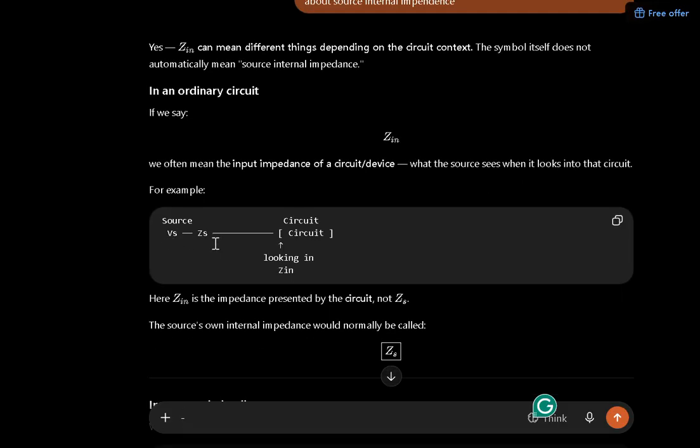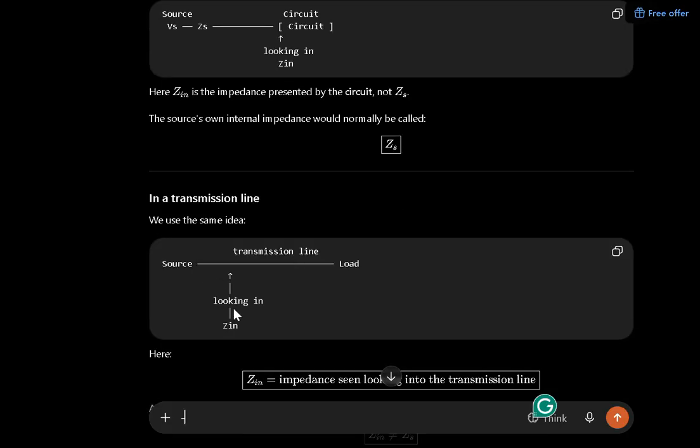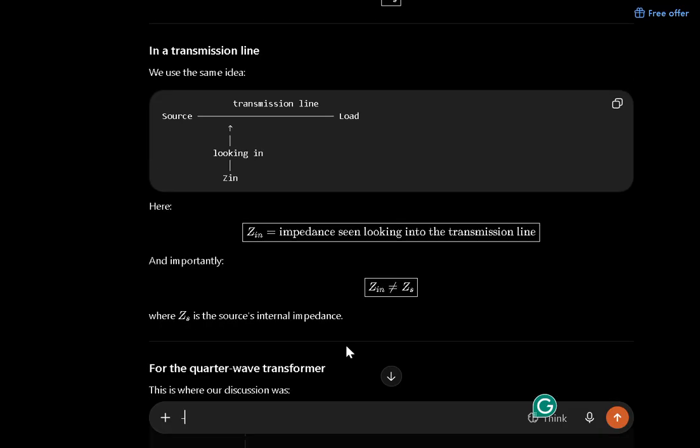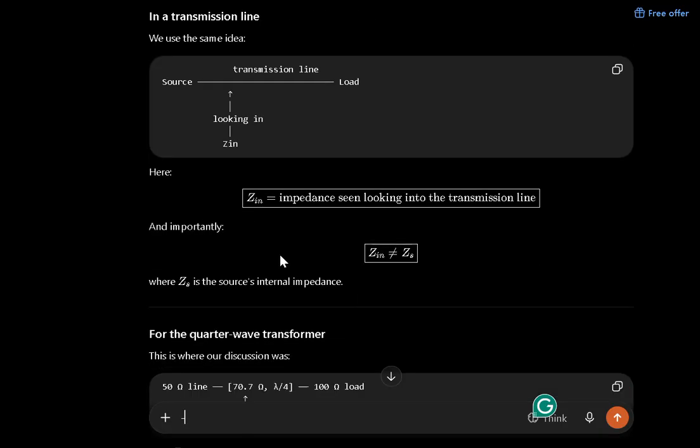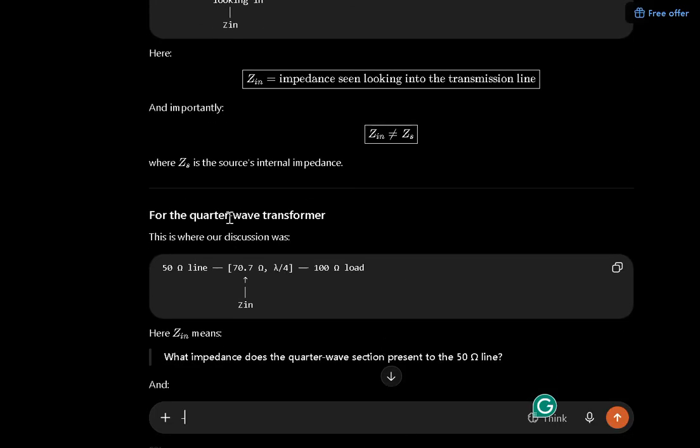For example, with the source ZS and the circuit looking in, Zn is the impedance presented by the circuit, not ZS. The source's own internal impedance would normally be ZS. In a transmission line, looking in from the source, Zn equals the impedance seen looking into the transmission line. Zn is not equal to ZS. ZS is the source internal impedance. For the quarter wave transformer,